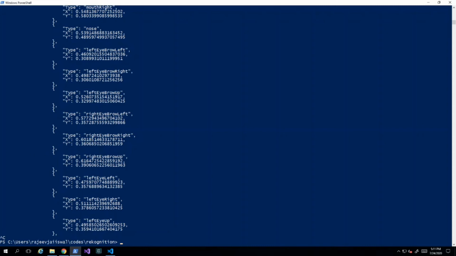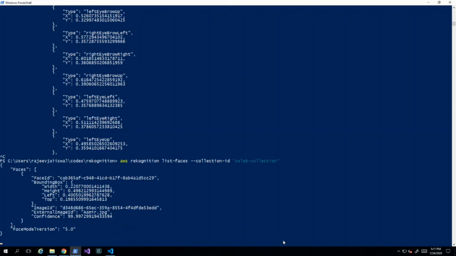If you want to list how many images you have added, one mechanism is that you can describe the collection. The second mechanism is that you can use the list command: aws rekognition list-faces, collection ID, and the name of my collection. Now see, this is the image added, and this is the information related to it: the width and height, and a couple of more details. You can also deep dive and fetch more information from here. For today's session, I'm not going to deep dive too much so that you don't get confused. We'll focus on basic functionality, and then we'll try to complete our demo.